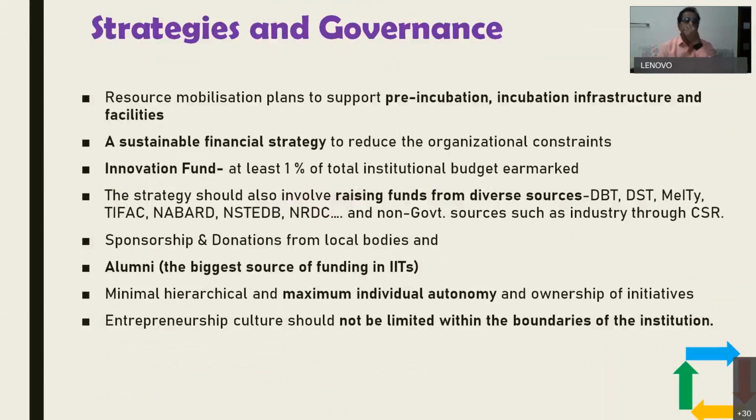So when it comes to strategies, we have resource mobilization plans to support pre-incubation, incubation infrastructure and facilities. That's exactly the base of the strategy for the governance of an institution. So every institution should have a sustainable financial strategy to reduce the organizational constraints. Otherwise the organizational priorities are different. So unless we have a dedicated financial allotment, a budget for that, for example, an innovation fund of at least 1% of total institutional budget, if you earmark for it,